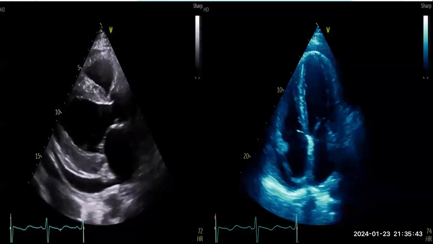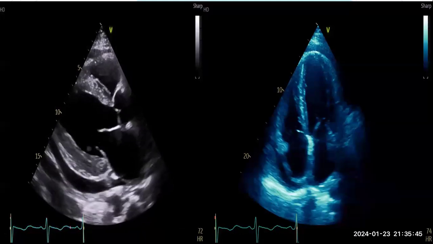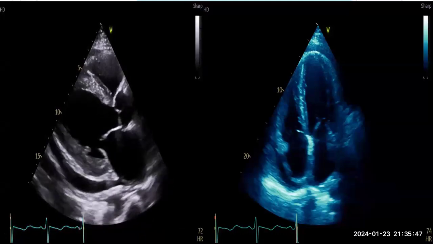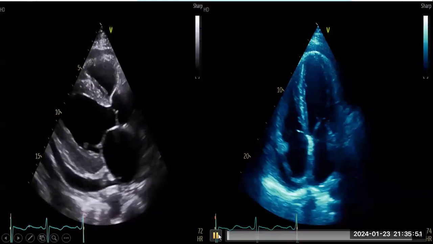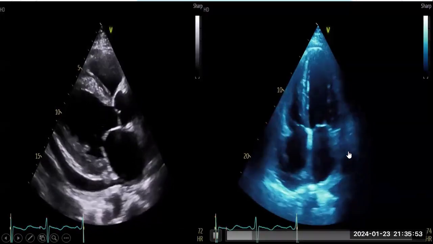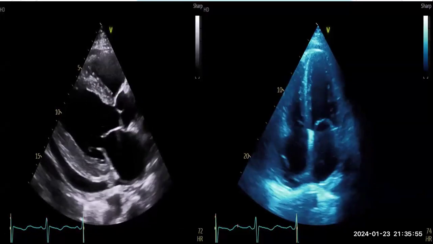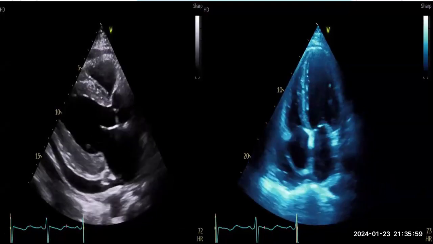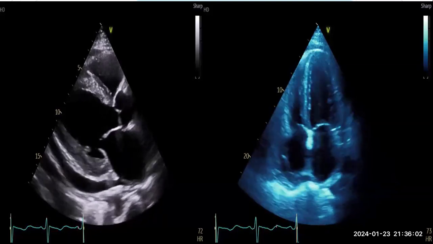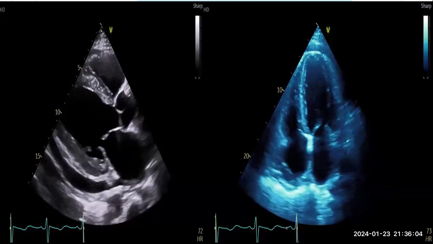The valve function, the valve shape looks normal. There is a dilated LA on the left side. On the right side, this is the four-chamber view. It looks like dilated LA and RA both. The RV looks